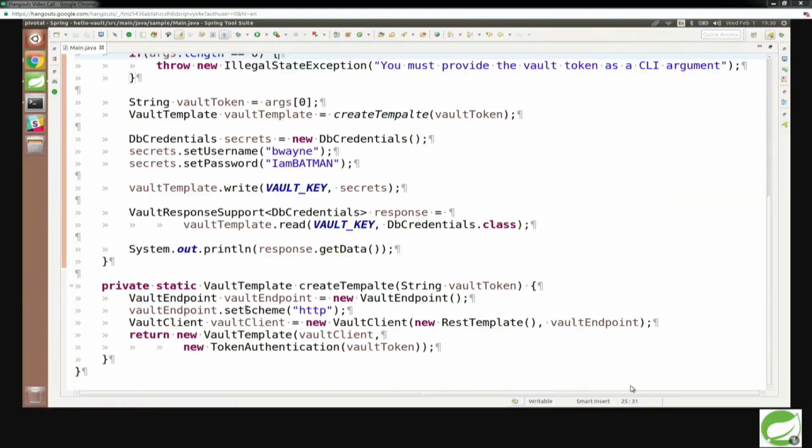Okay, cool. So right here we basically have some code using Spring Vault. And what is it going to do for us? Well, the main thing is it's going to do our object to JSON mapping. It'll look very similar to the RestTemplate with Spring, and it's using RestTemplate behind the scenes. I'm okay with that, but this was done by one of our other engineers, and it's still in milestone phase. And I don't actually like that it's using the RestTemplate style stuff because it's not very easy to use.